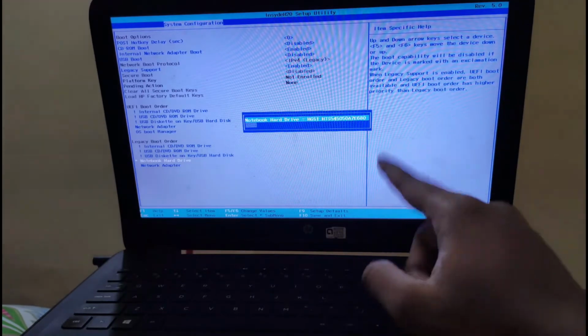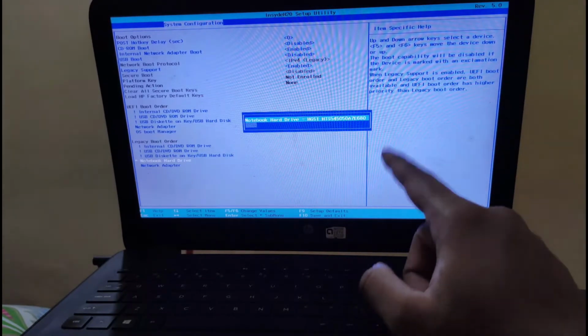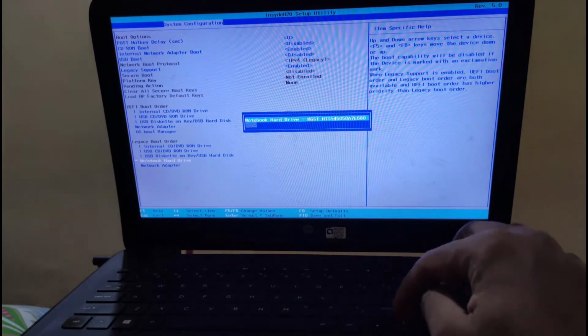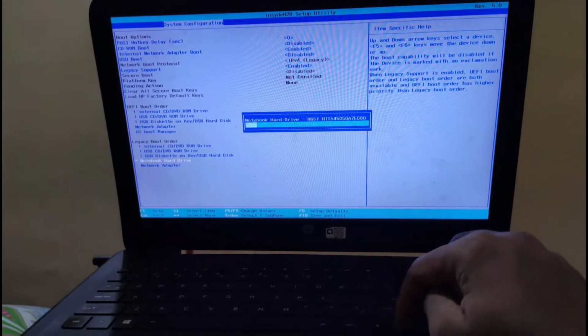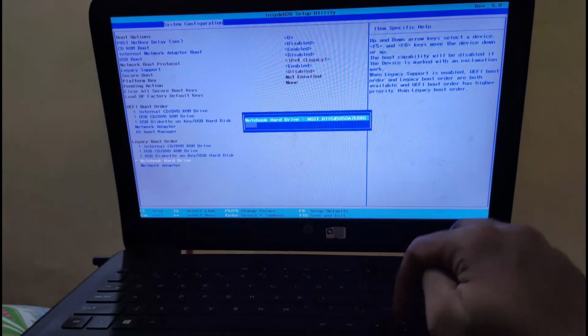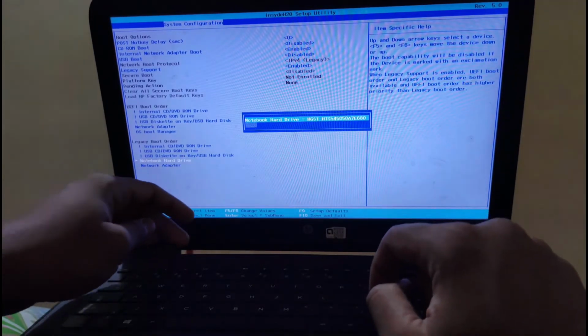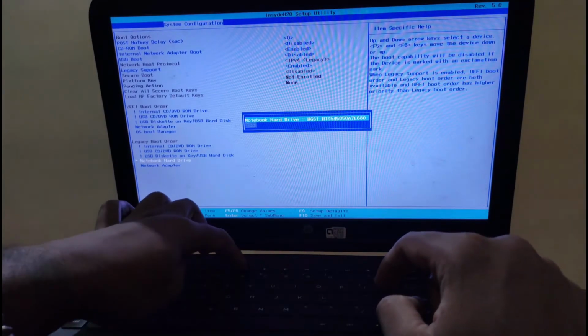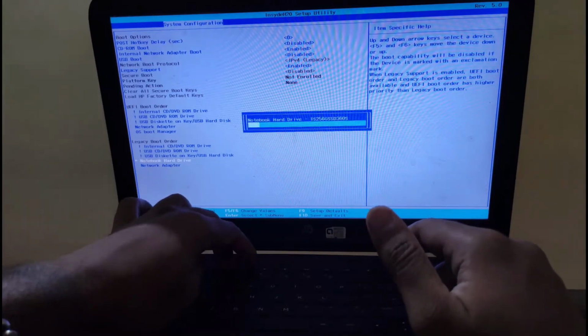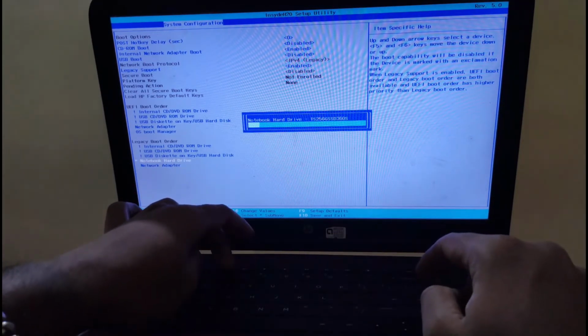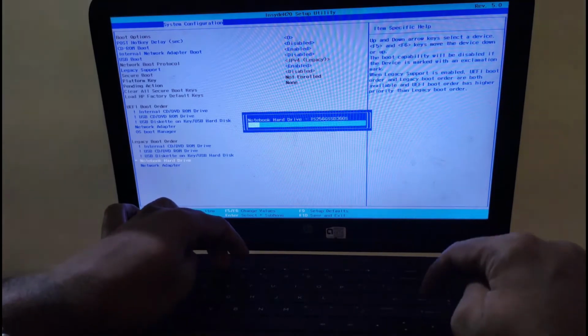You see, this is my hard disk, not the new SSD. I tried right, left, everything, I tried the arrow keys, but it's not showing. Then I found a solution. Sometimes in networking, F4, F5, F6 work. So now if I press F5, it shows my SSD.